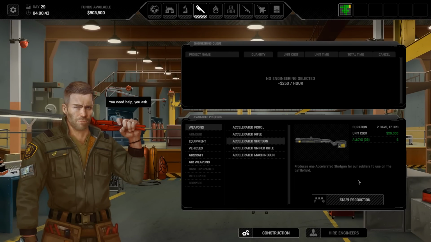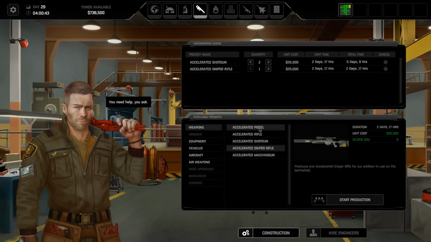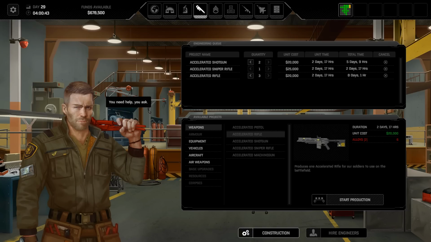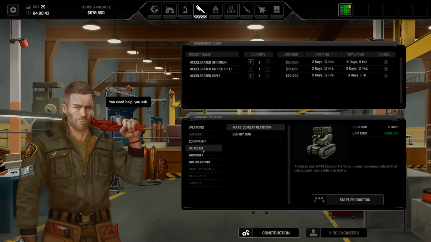I'm going to get 2 shotguns. I'm going to get 1 sniper rifle. I'm going to get 3 rifles. That's us down to 670. That's us out of alloys at this point. Now we can also build...